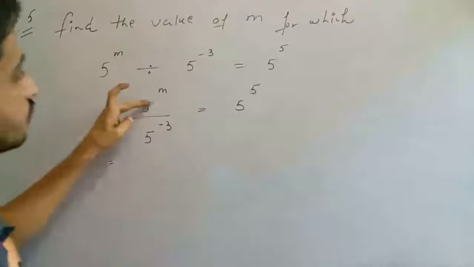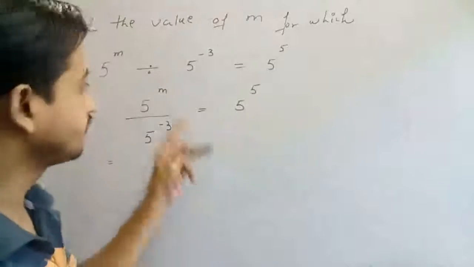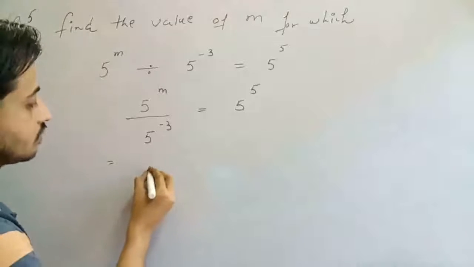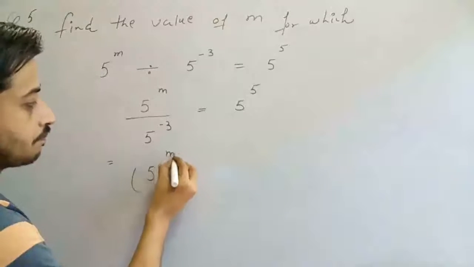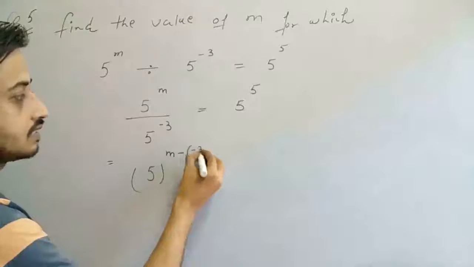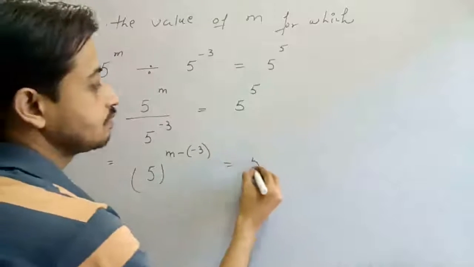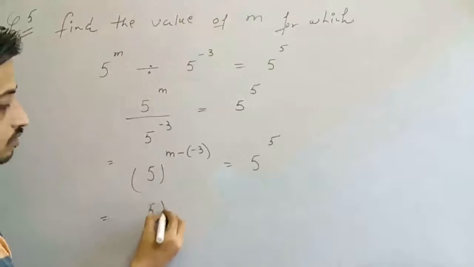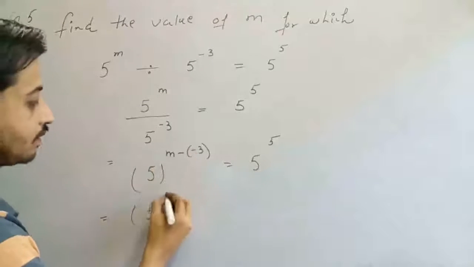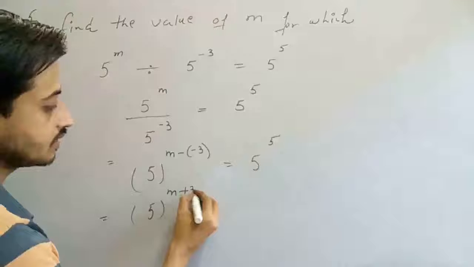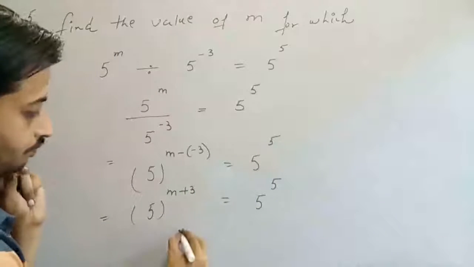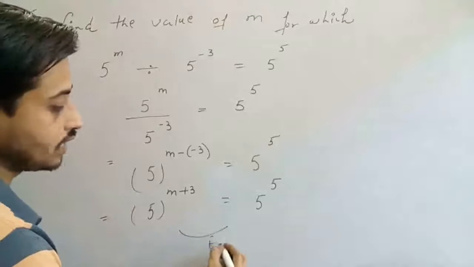Now the exponent is the same, 5 is the same, and the powers get subtracted. So the answer is 5 raised to the power m minus negative 3. This remains as it is, 5 raised to the power 5. Now solve this. Negative becomes positive, we get 5 raised to the power m plus 3, which is equal to 5 raised to the power 5. Now do equating,